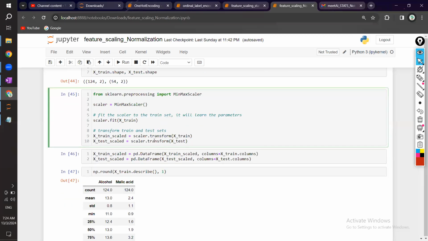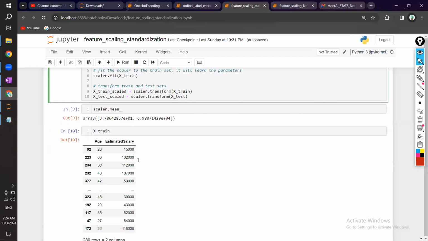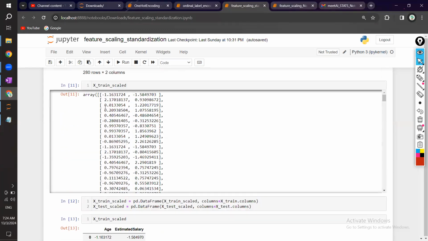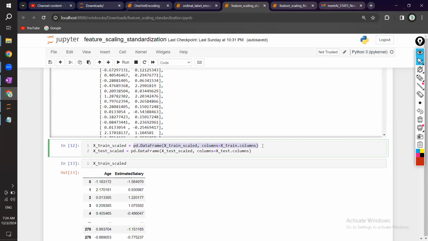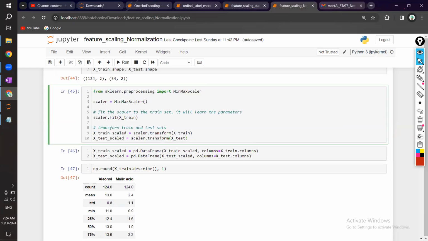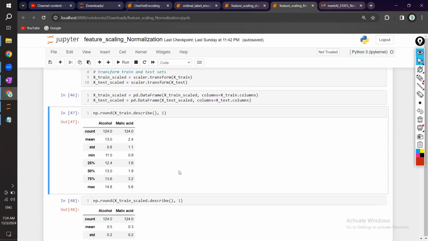Now you're just creating the pandas data frame out of it, because when you transform, the output will be in numpy format. If you want it as a pandas data frame, just pass those values into DataFrame, so that we'll have it in the pandas data frame. After that, if you see,